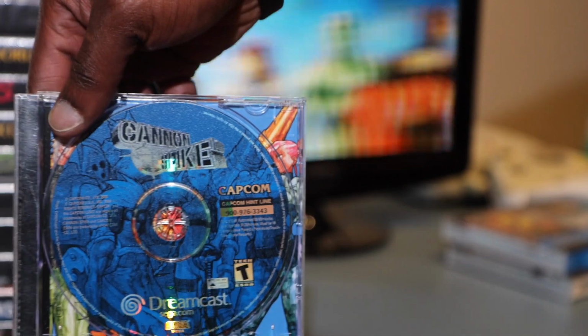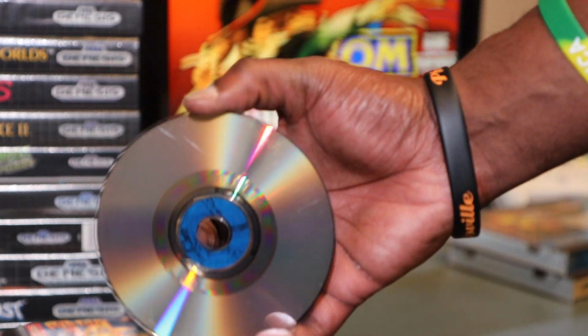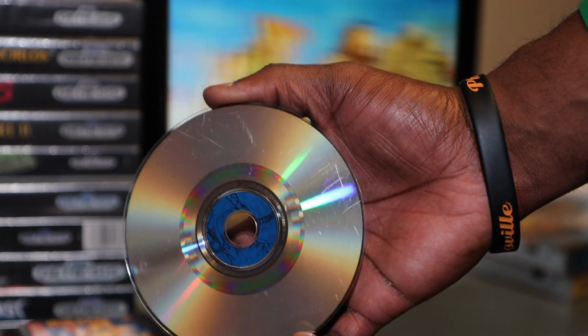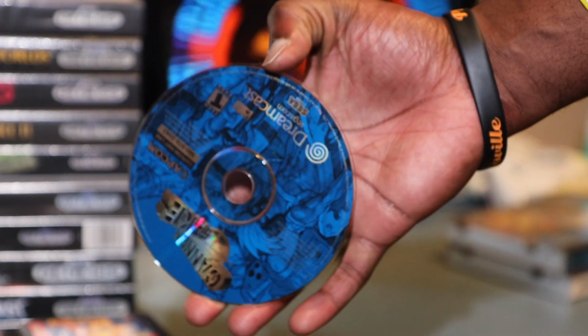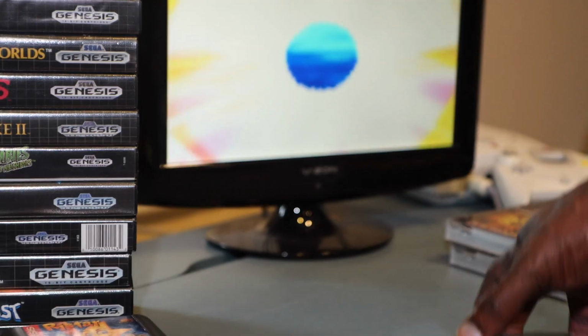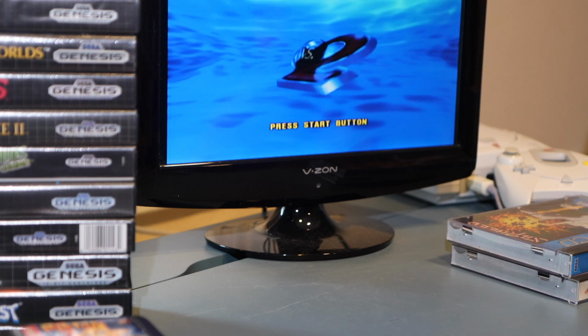the disc is just not in horrible shape, right? The top of the disc, there are some scratches on the back of this disc, but to find a copy of Cannon Spike, yeah, look at that disc. It's pretty scratched up. It does play, it does work. I did play it. Disc is great, though. It just needs a quick buff. And then, yes, I did just break the